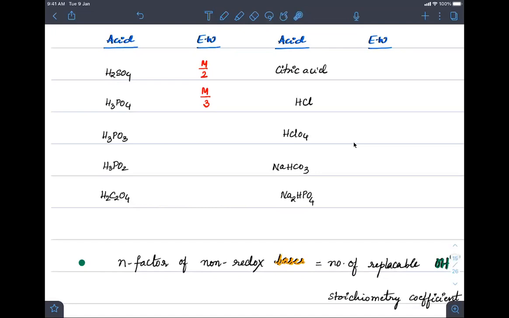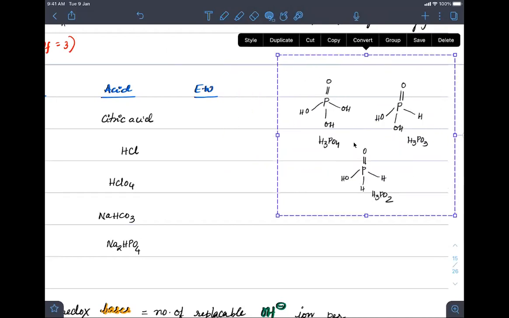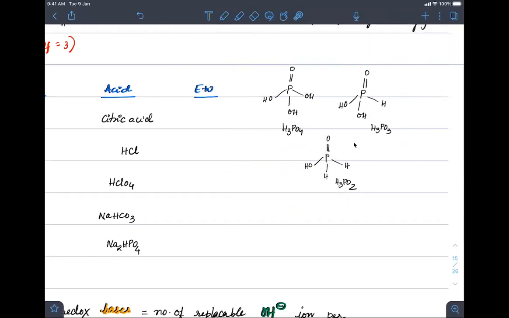Clear? Now, if you see the next two, H3PO3 and H3PO2, it appears like these also have 3 hydrogens. But unfortunately, not all hydrogens are bonded with oxygen. See, in case of H3PO4, all of these hydrogens are highly polarized. Polarized means they are connected to oxygen, so they are highly acidic. While here in H3PO3, only these two hydrogens are connected. The other hydrogen, which is present here, is connected directly to phosphorus. So this is not sufficiently polarized and this is not acidic. These two hydrogens are acidic.